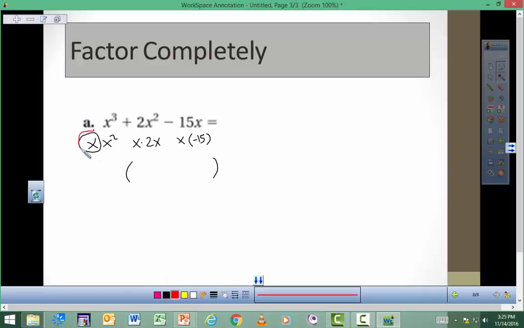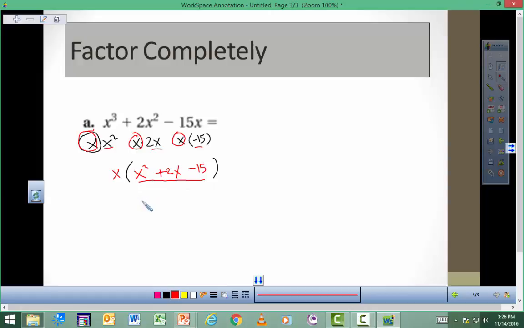This x right here. Okay, and there's a common factor here and a common factor here. So the common factor comes out front, and then what's left comes on the inside. So you have x squared plus 2x and then minus 15. So there's our first problem. Okay, now we're not exactly done yet though, because the factor that remains in here is